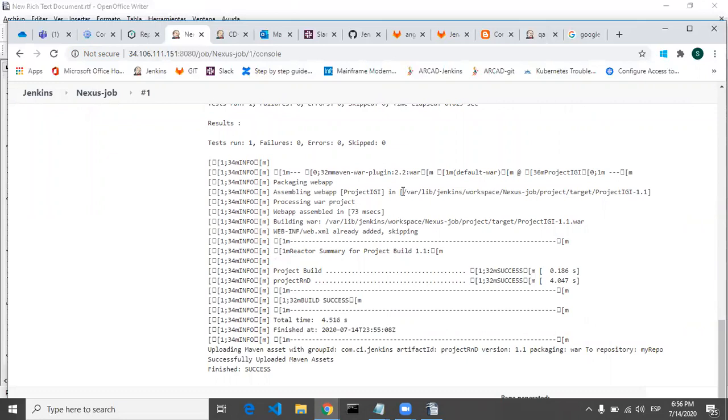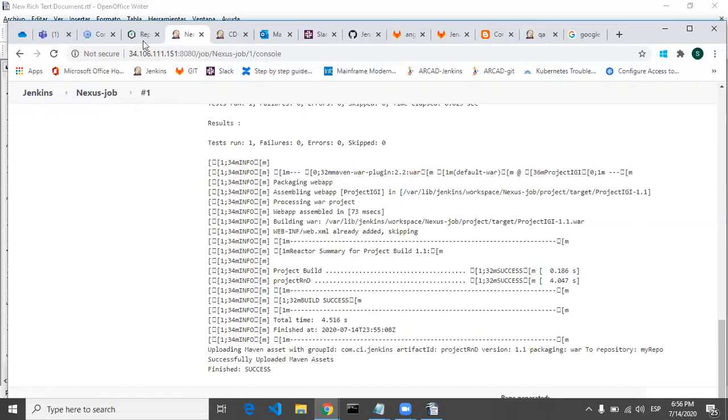Okay, so this is the path that we have given: var lib jenkins workspace Nexus job project target and then project 1.1. Okay, so the build is successful, and then the last step is uploading Maven asset with group ID, the group ID which you have given, then artifact ID, then version and packaging. Successfully uploaded the Maven assets, finishing is successful.